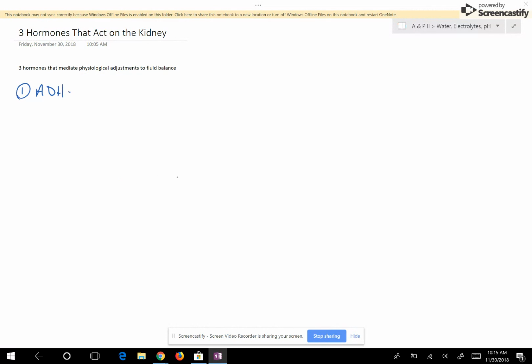Okay, ADH is secreted by the posterior pituitary gland, and it's actually made by the hypothalamus. The hypothalamus has the thirst center in it, and the thirst center is going to see what the concentration of the blood is. If you have high concentration of the blood, then the hypothalamus is going to secrete ADH,